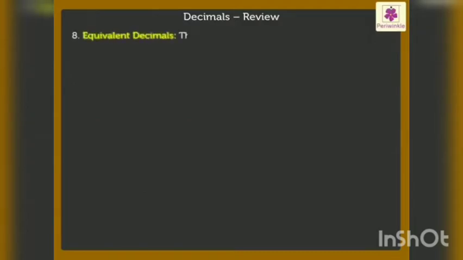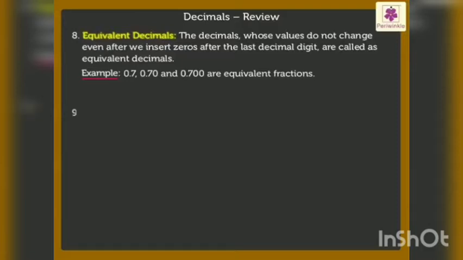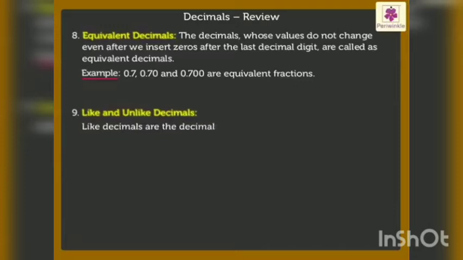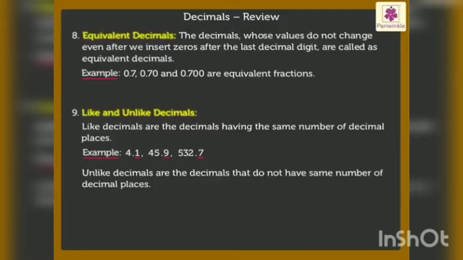Equivalent decimals. The decimals whose values do not change even after we insert zeros after the last decimal digit are called equivalent decimals. For example, like and unlike decimals. Like decimals are the decimals having the same number of decimal places. For example, unlike decimals are the decimals that do not have the same number of decimal places. For example,